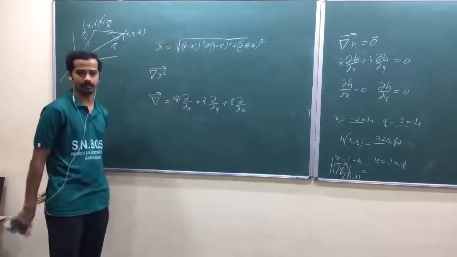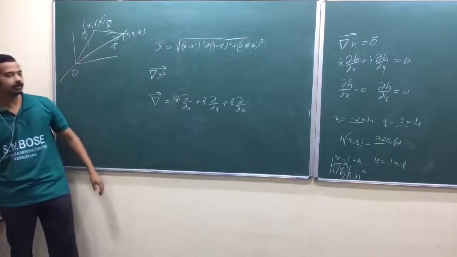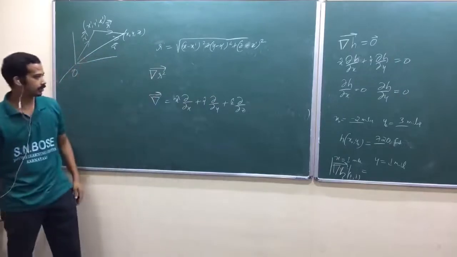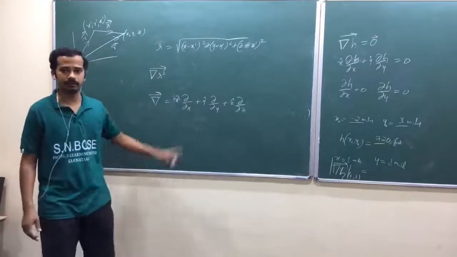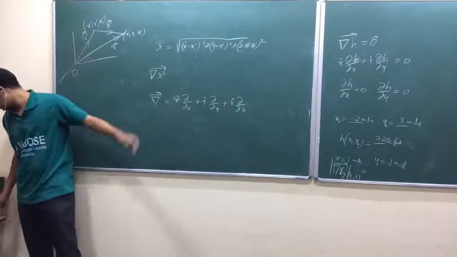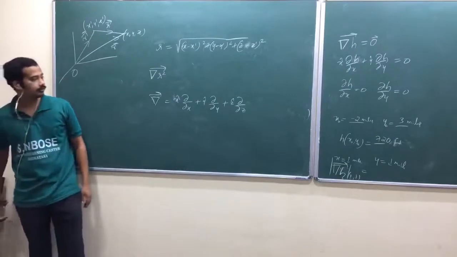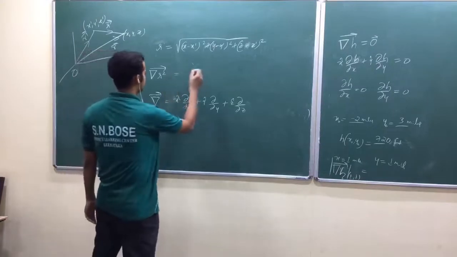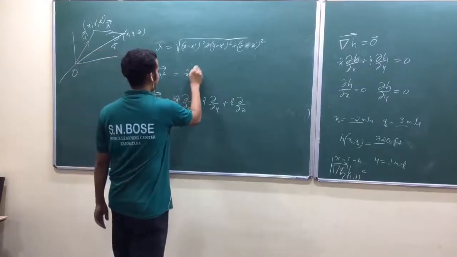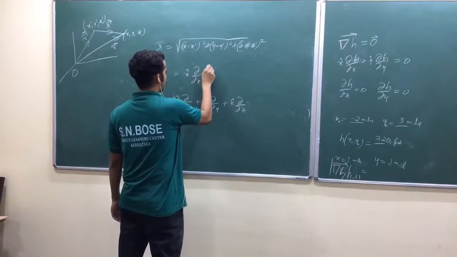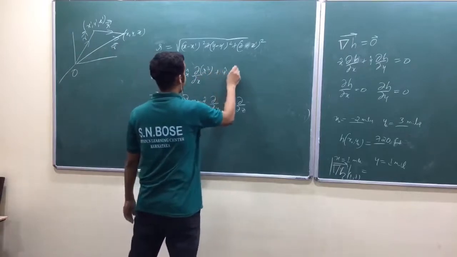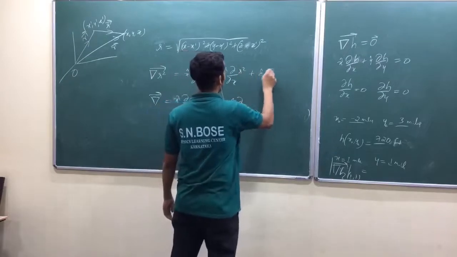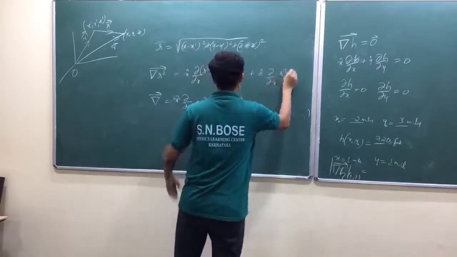You have two variables, isn't it? So in this case, x, y, z are the variables. Treat x, y, z as variables and just do that. Is that okay? Obviously, you will get a similar result as earlier. Do all of those three problems. Is it clear? So del r squared is x cap into dou by dou x of r squared plus y cap into dou by dou y of r squared plus z cap into dou by dou z of r squared.